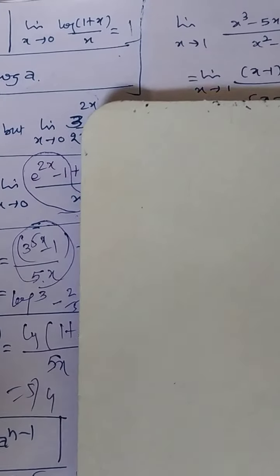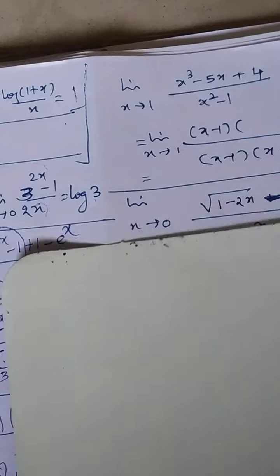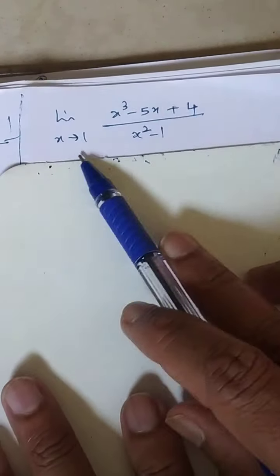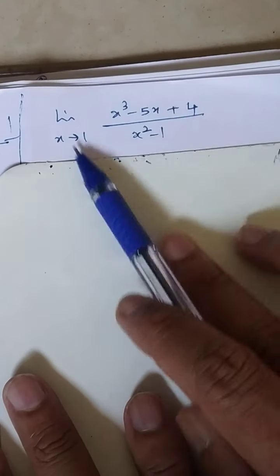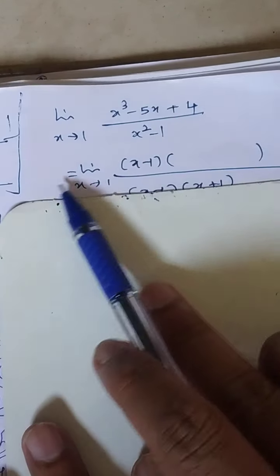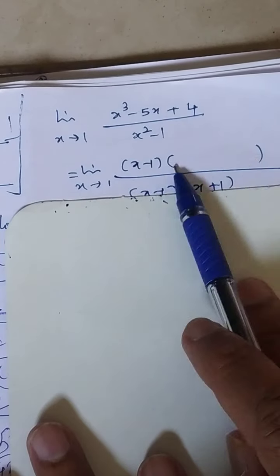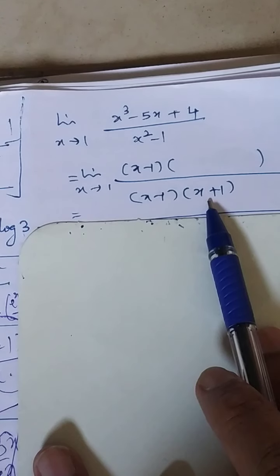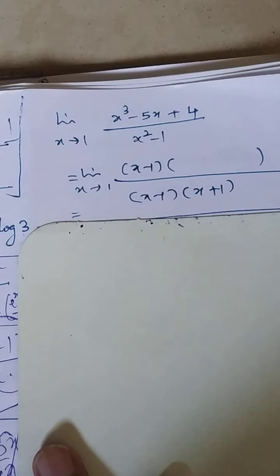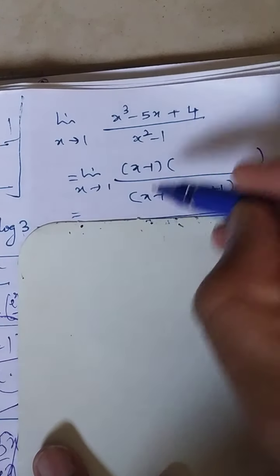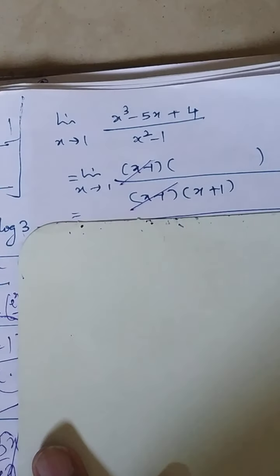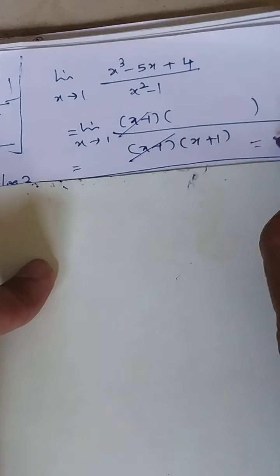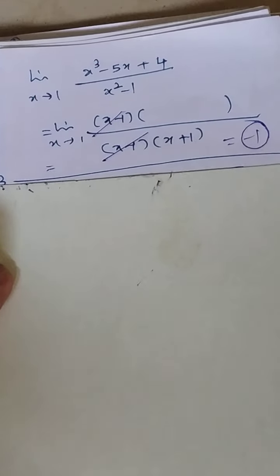Next type of question which you are aware of: limit as x tends to 1, x raised to power 3 minus 5x upon x square minus 1. If you put 1, it will be in the form of 0 by 0. For all such cases, factorization is required. So if you divide by x minus 1, you will get another factor over here. Try to find out the other factor. Denominator factors are easy, so you can do it like this also. Then what is the step? This will get cancelled and you put the value, you will get the answer. Getting the answer? So the answer is coming as minus 1 for this question.